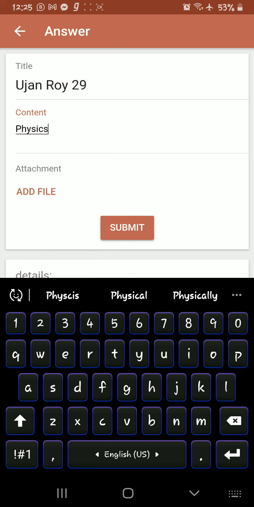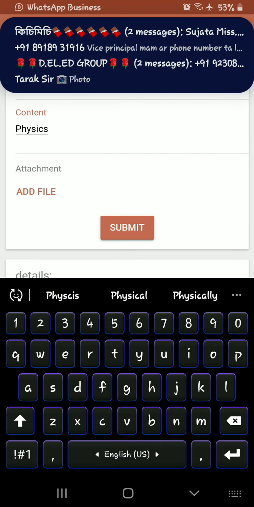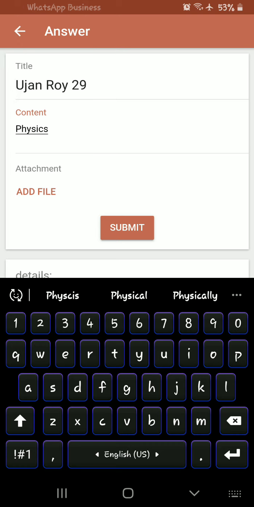Like this you have to see which exam it is, and in the same way write the exam name, and then you have to click on Add file. You have to keep this file ready. Suppose you are writing the exam on A4 sheet paper; after writing on the A4 sheet paper, you have to scan that paper and make a PDF file.